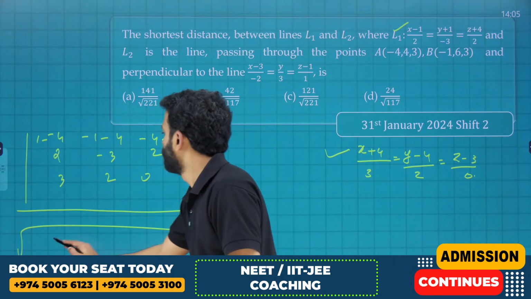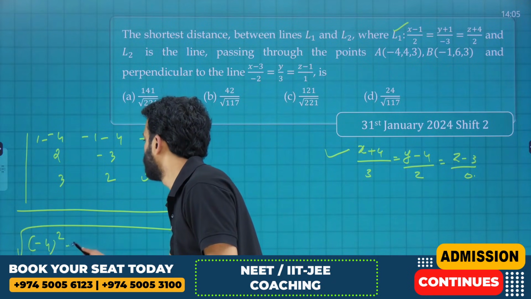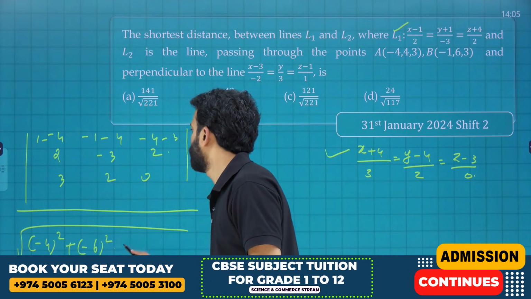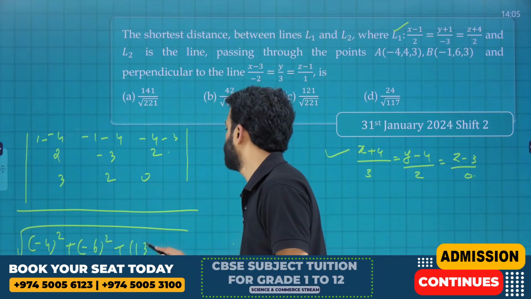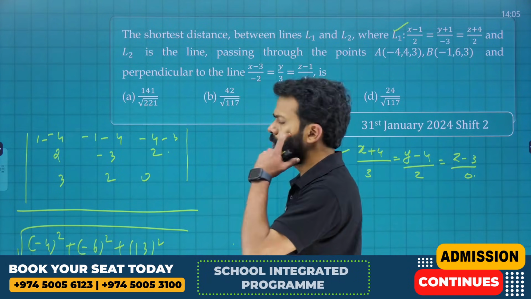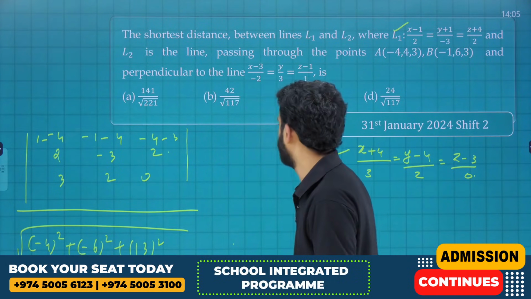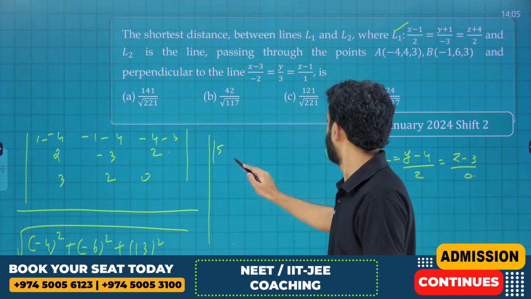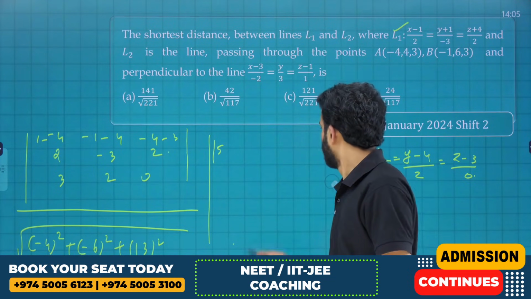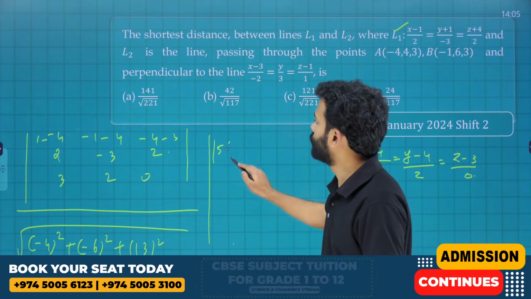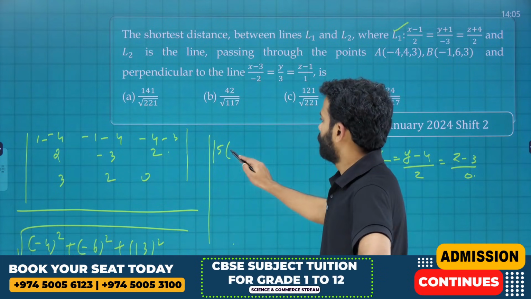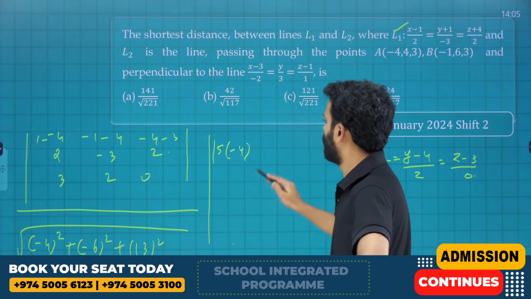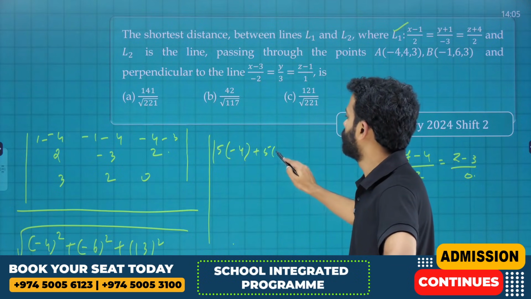Okay, divide by, this will be minus 4 the whole square plus 0, that is minus 6 the whole square, plus 4 9, that is 13 the whole square. And we can open the determinant directly, like it will be 5, that is modulus of 5 into minus 4, minus 4 minus 5, and the determinant sign again minus, that is plus 5, that is plus 5 into minus